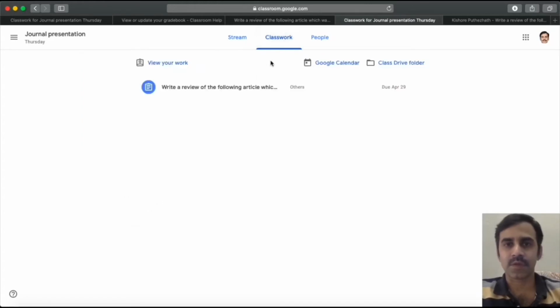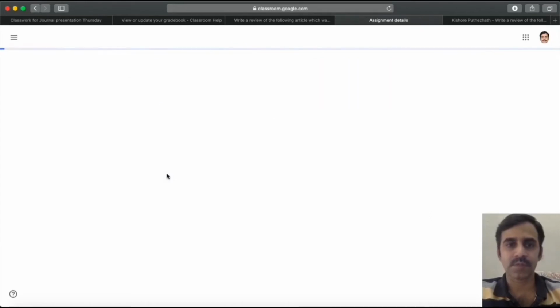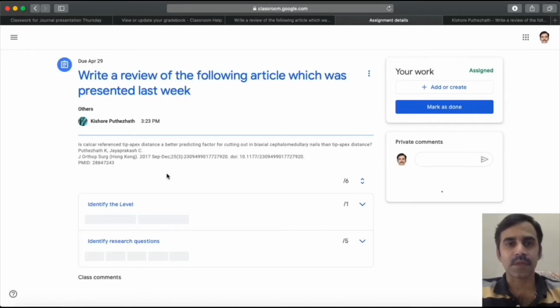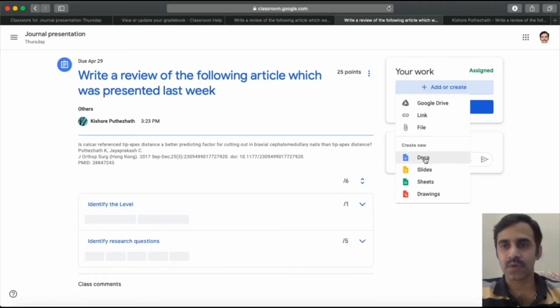He can go to the classwork and click on the assignment, expand it, and he can see the full question and also the expected rubric of marking, and he can create a document using Google Docs.